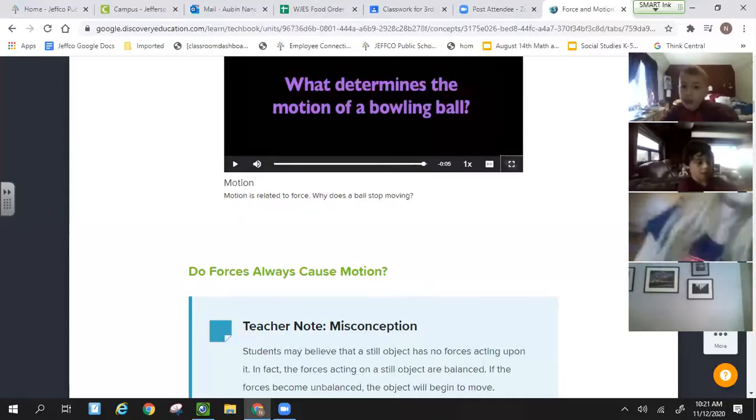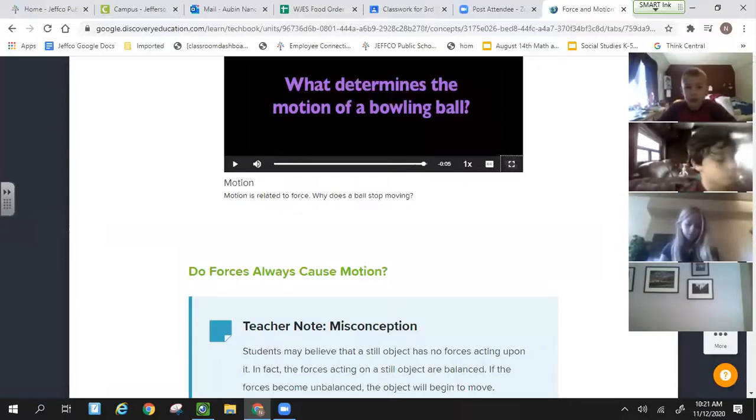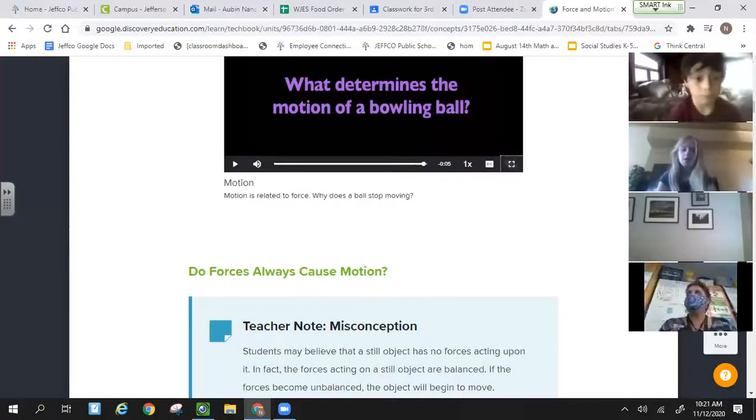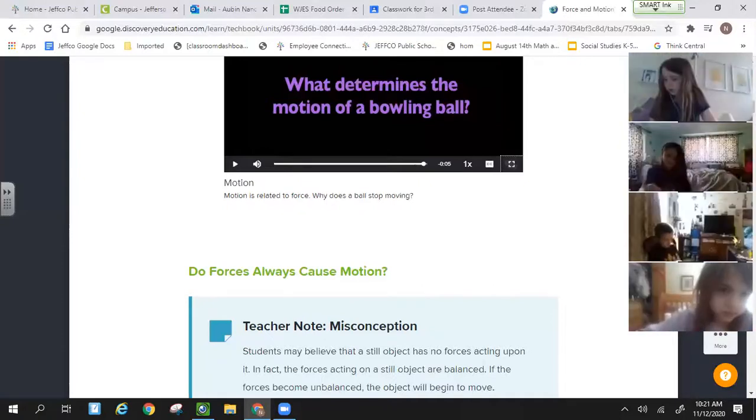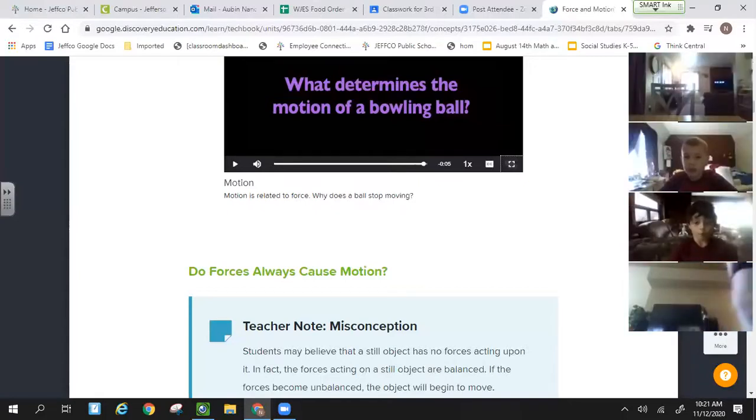All right, anybody at home want to share an example? You all agree that just because there's a force doesn't mean there's a motion. So I need examples. What do you mean by that? Anybody willing to share? Write it down in your spiral what you're thinking, but I'd love to hear your ideas.